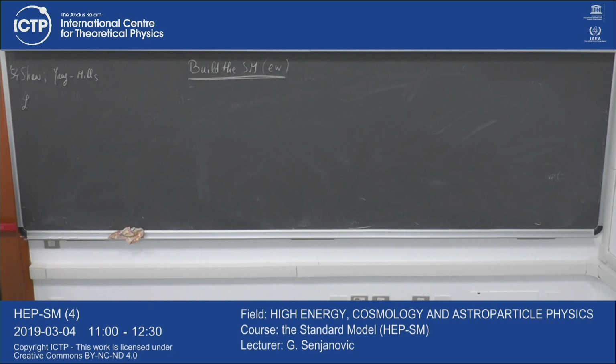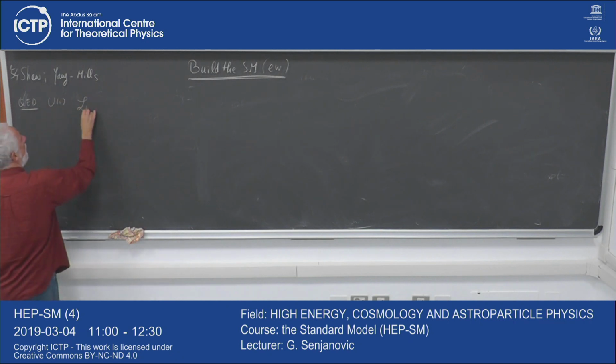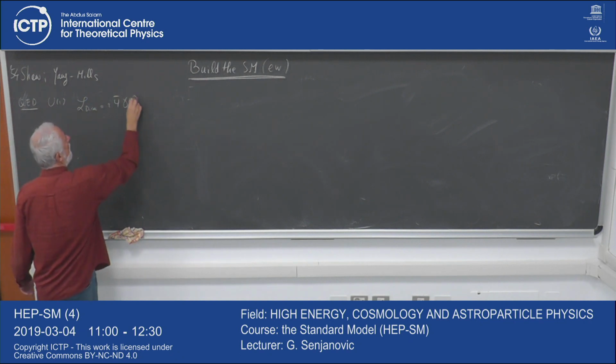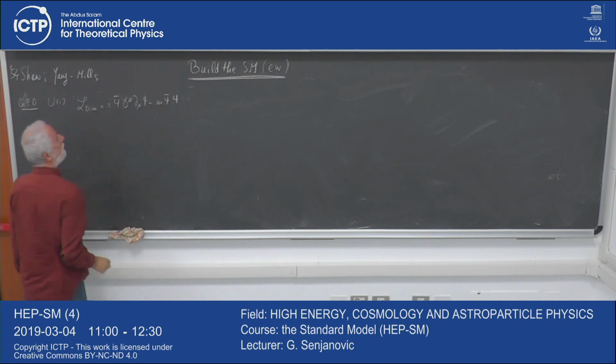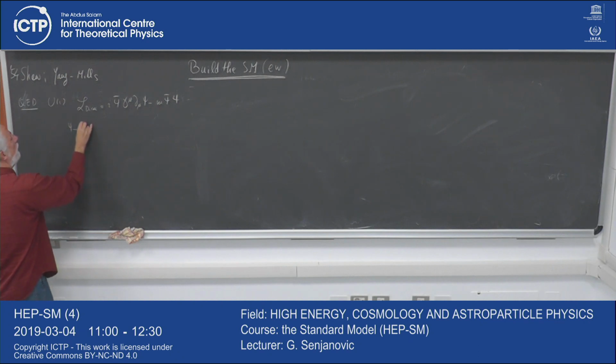So if I take, how does the QED, the U1 example, work with the gauge principle? You say I start with the Dirac equation. And I see immediately that there is a symmetry e to the i alpha, psi, where alpha is a constant, okay? This is the U1 global symmetry, which gives me the